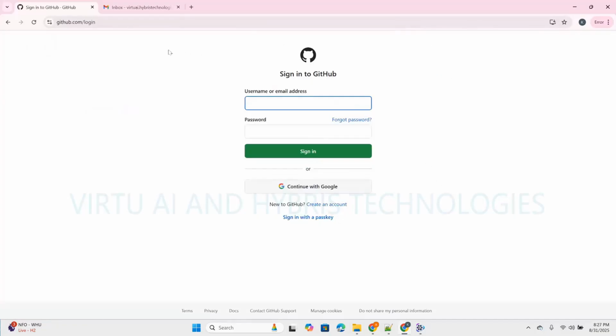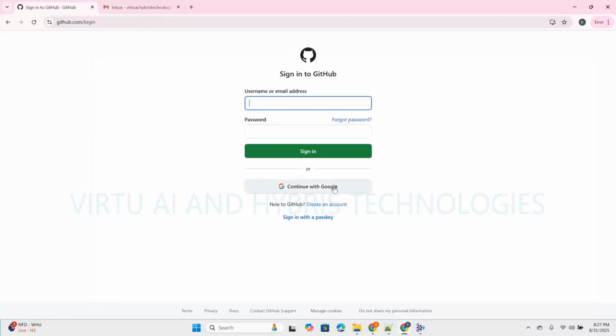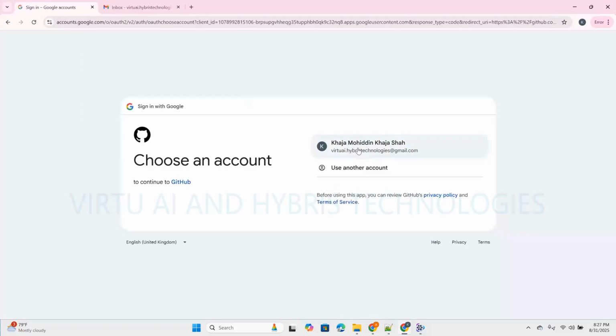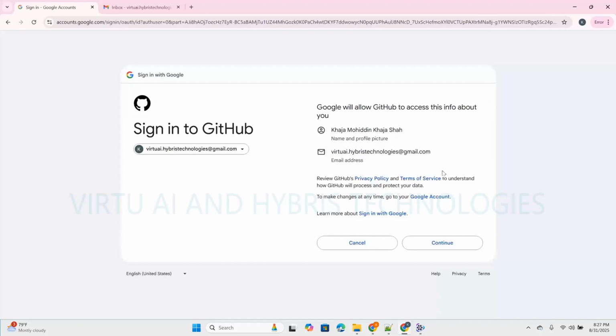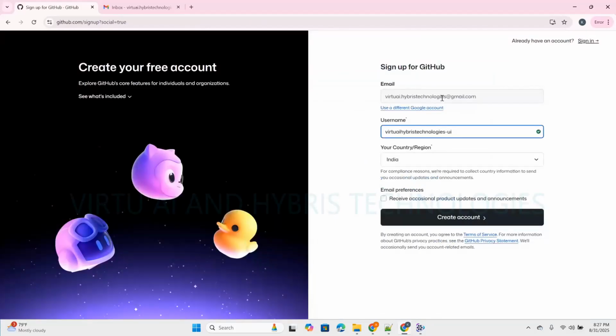Here, as I have already logged into my Gmail account in the Google Chrome browser, just click on continue with Google. It will automatically create the GitHub account for you. Click on this login email ID. Click on continue. Now you can see here the email ID virtuai.hybristechnologies@gmail.com and the username. GitHub picked the username by default depending upon the email ID